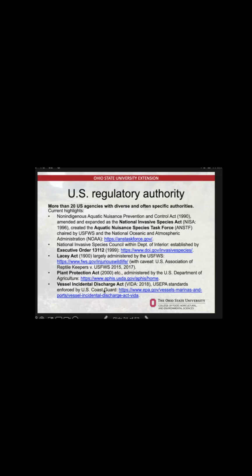So the ballast water exchange is preserved. But I won't dwell too much on these because it's legal and kind of dull, but I will talk a little bit more about the Aquatic Nuisance Species Task Force,